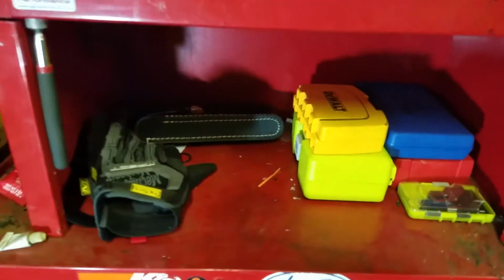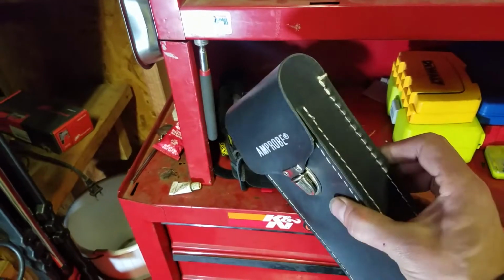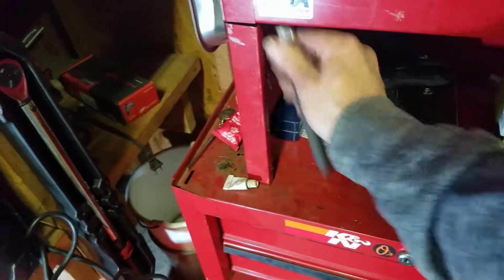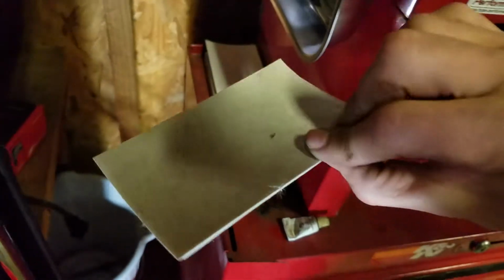Down here in the little cubby, these are cool. I had a friend give me these. Some vintage ant probe, like brand spanking new, never been used. I think I'm going to do a video about those. Mechanics impact gloves. Got this magnet. Over here got some trays, scraper, little clip for shit. Note cards. These are good for...